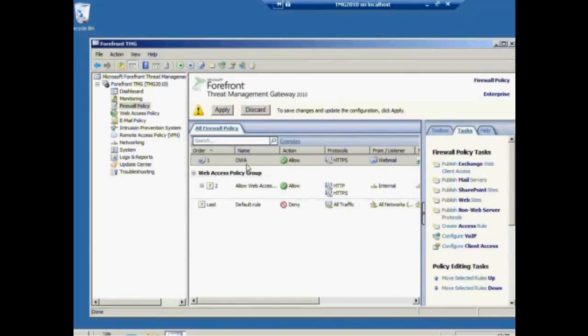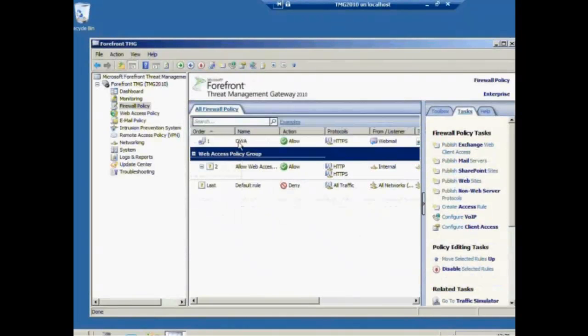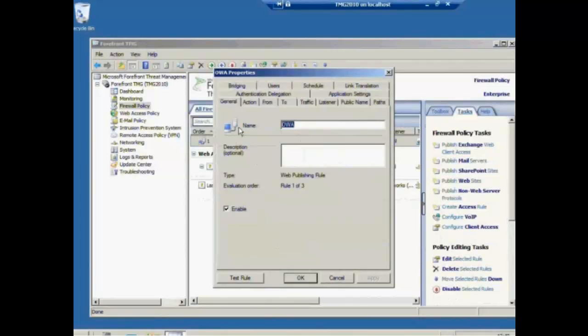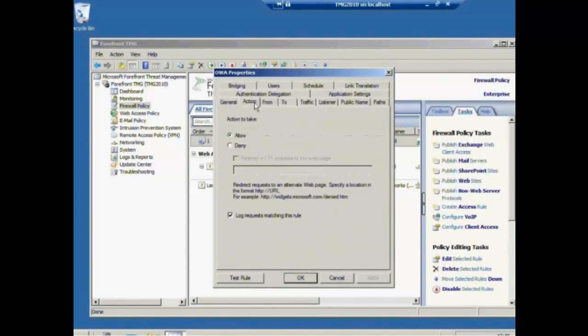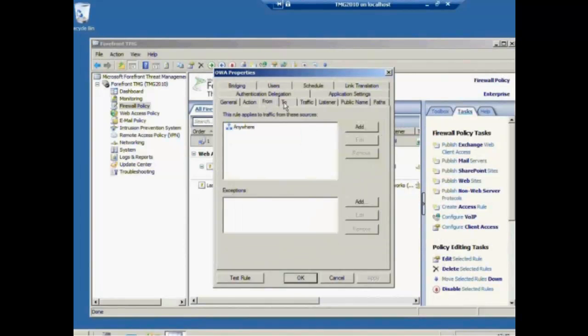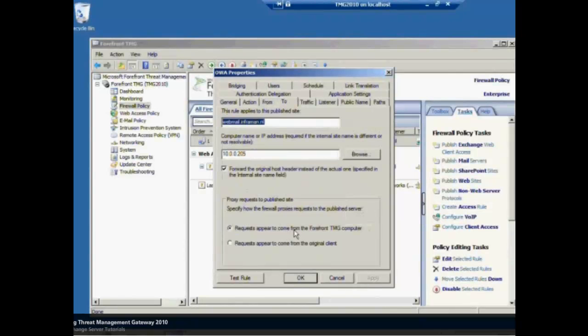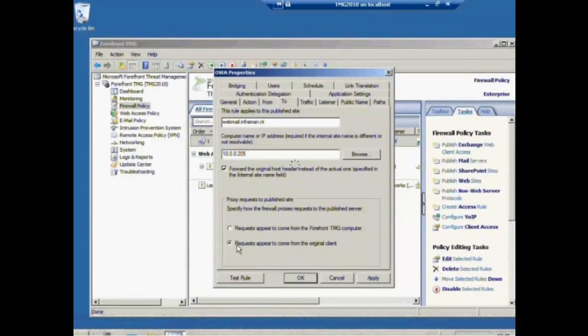Okay, and if I want, I can check the properties here. It is enabled. Action is allowed from anywhere. Requests appear to come from the original client, so the client access server sees the external IP address.